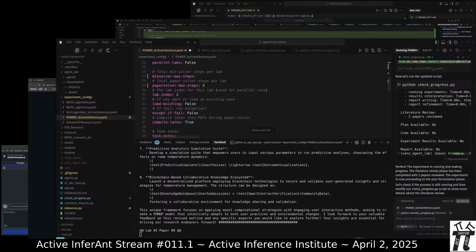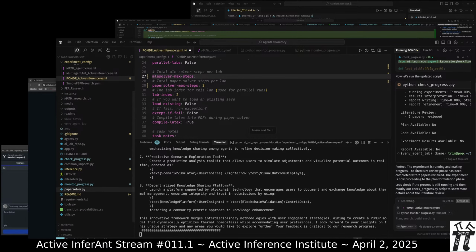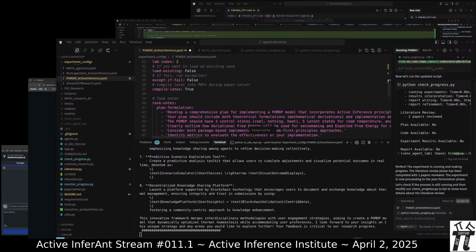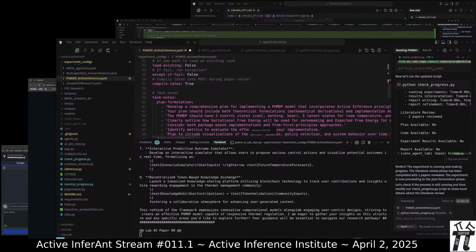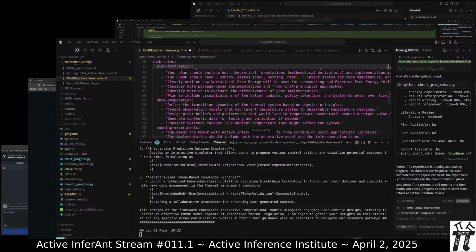Then there's these solver steps. I wonder if that will throw an error later. We'll see. These solver steps, which are described in the MLE solver and the paper solver, load an existing save, and compile all the way on through the LaTeX PDF output.